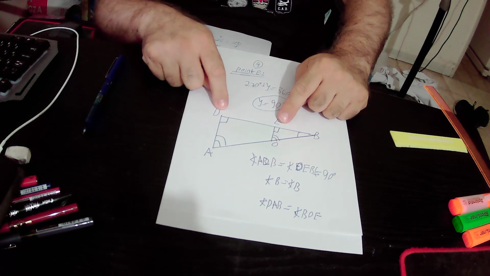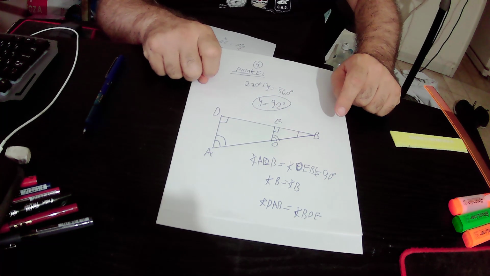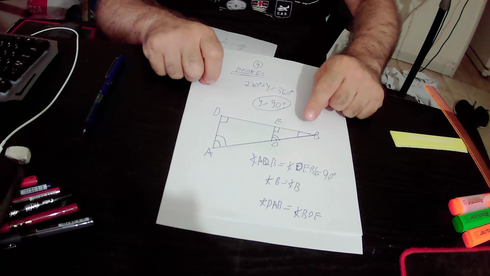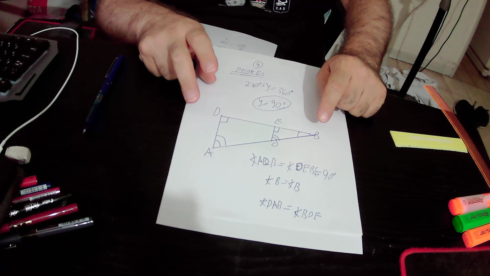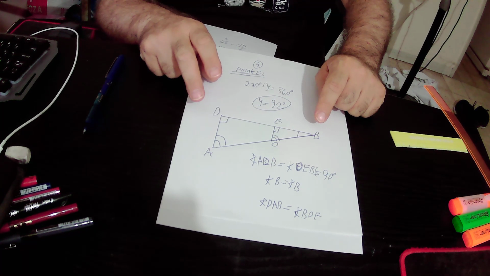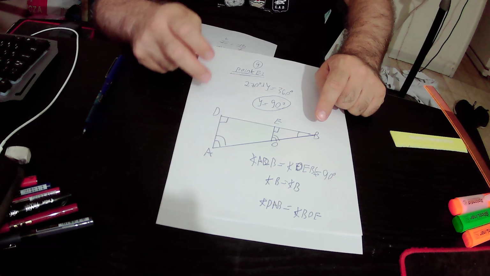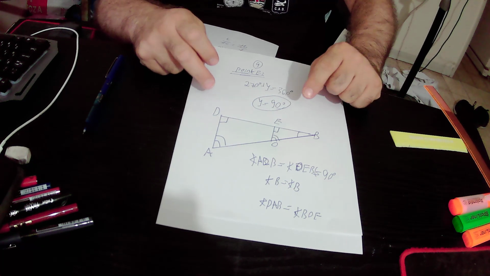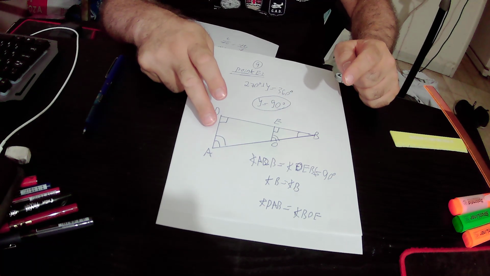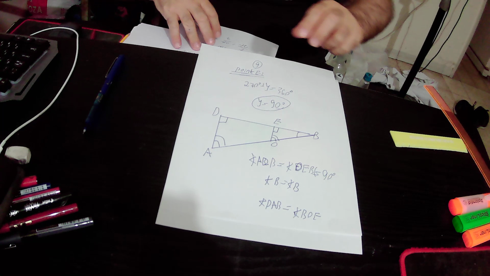We know that those two angles are right angles, therefore they are equal to each other. And in those two triangles we have a common angle, therefore angle B equals angle B. Angle B belongs to the big triangle, triangle ADB, and also to the small triangle, triangle OEB. So we have the second pair of equal angles in those two triangles, and the third angle, angle DAB, will also be equal to angle EOB, according to